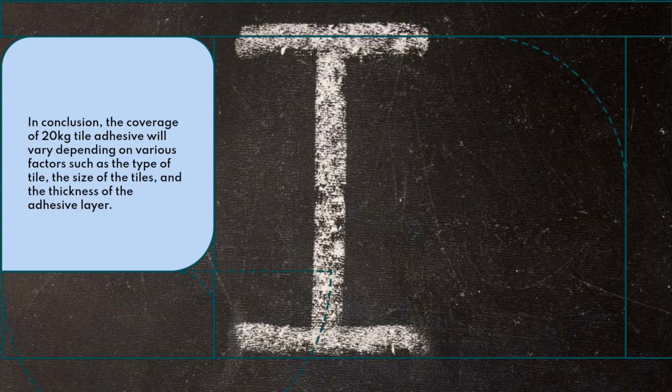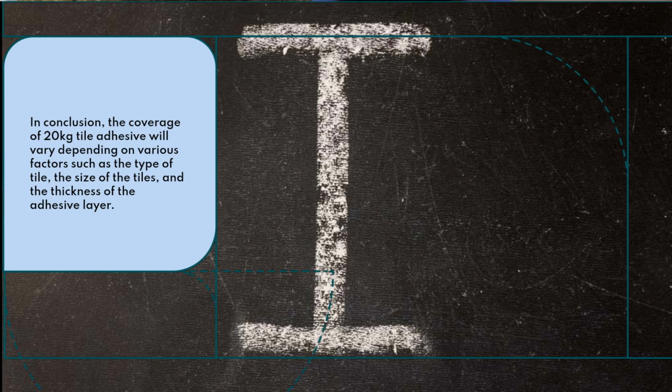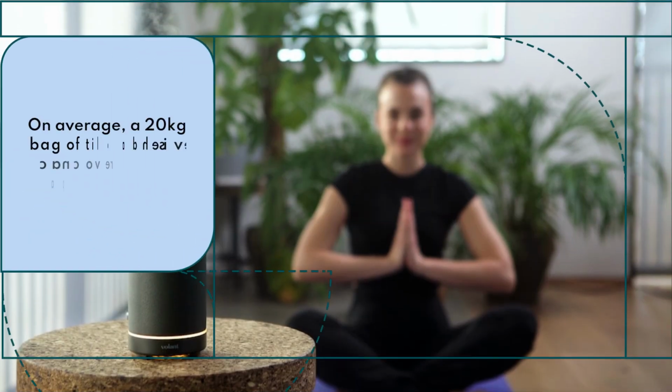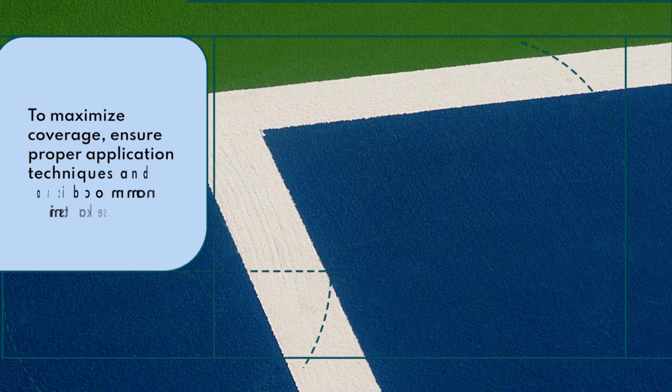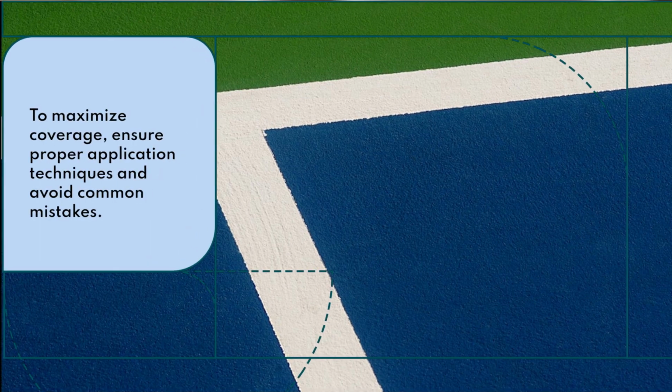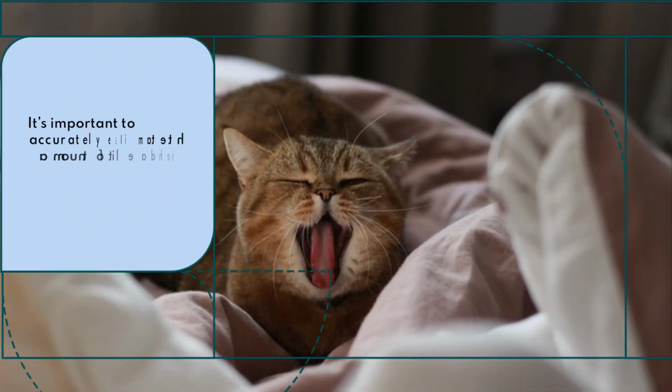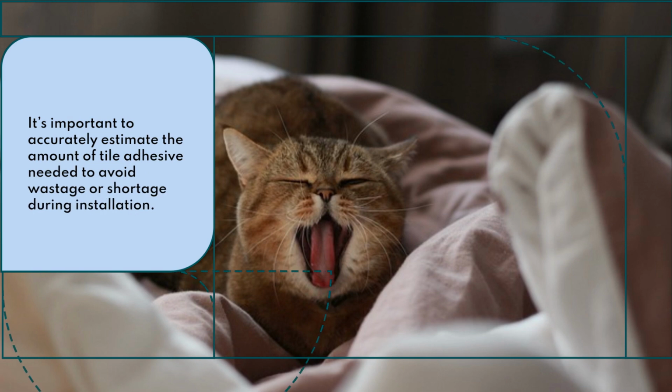Moreover, it's always wise to have some extra adhesive on hand in case of any unforeseen circumstances or mistakes during installation. In conclusion, the coverage of 20 kilograms of tile adhesive will vary depending on various factors such as the type of tile, the size of the tiles, and the thickness of the adhesive layer. On average, a 20 kilogram bag of tile adhesive can cover approximately 6 to 8 square meters. It's important to